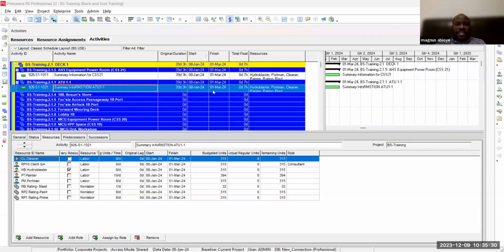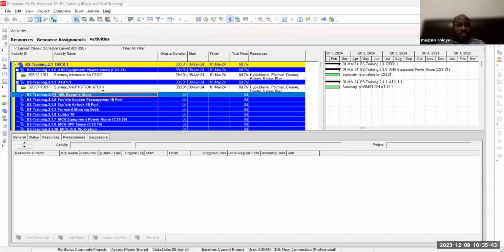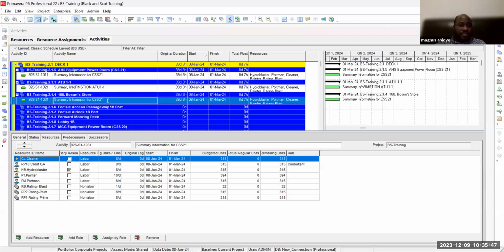Don't be bothered by the dates. By the time I reschedule, because it's summary information, it will take on the image of the start and finish for that WBS. I can do the same here. Paste some information for